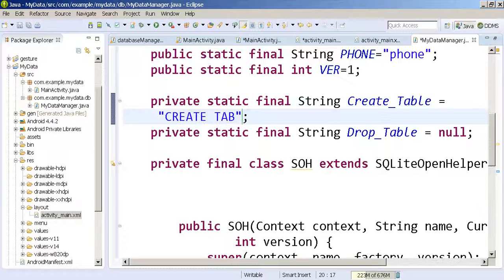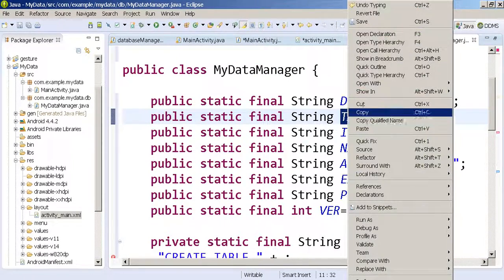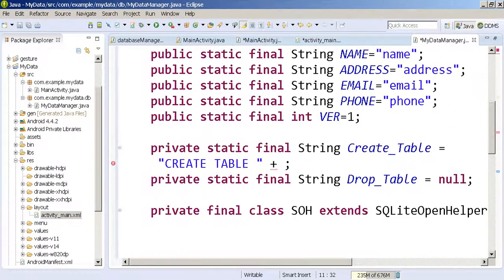Create table. Okay, then I concatenate it with the table name. That's going to be this table which I created here. Copy. The student is what I want to write here, so I will paste it. Control V, create table. Okay, plus concatenate it with